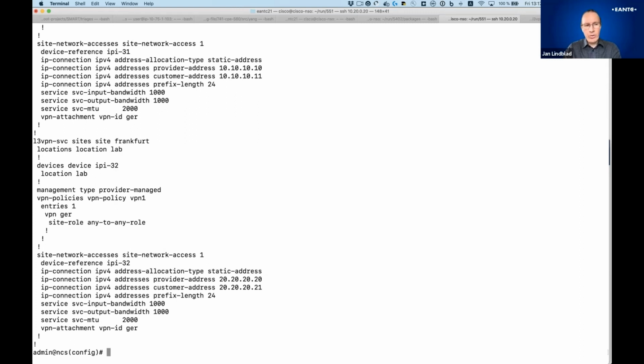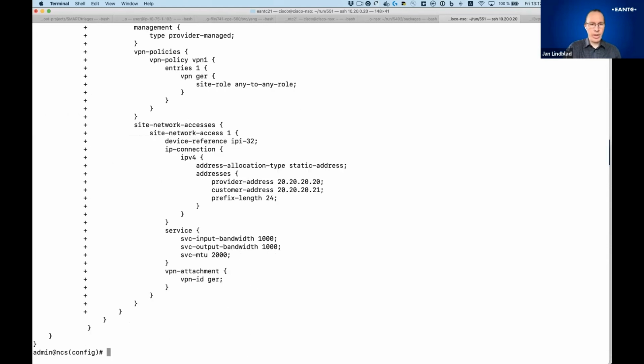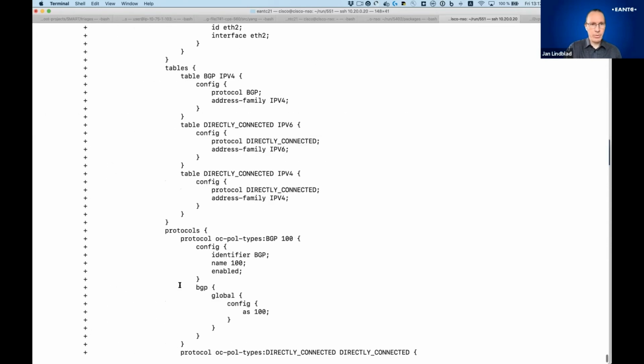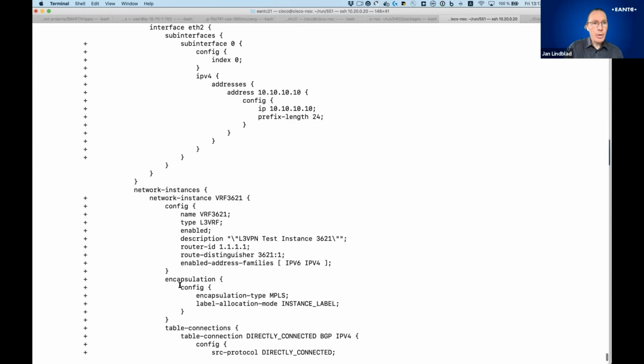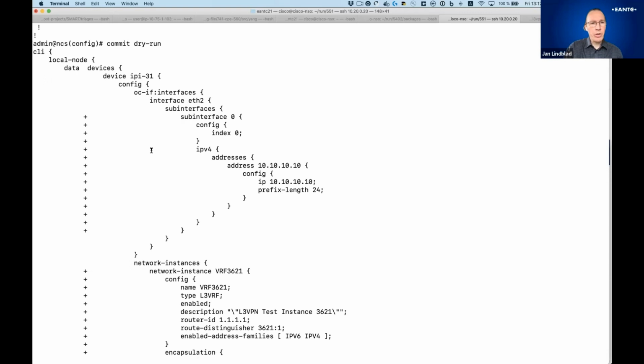Then NSO and the service application we have running in NSO will translate this into concrete device level configuration, and allocate resources for it and all that. I'll show you what that looks like by using a commit dry run. This will show you exactly what NSO computed and will send to the devices. So we scroll a little bit backwards up and you see that based on that rather small service configuration,